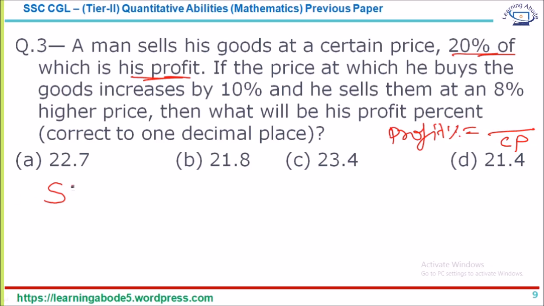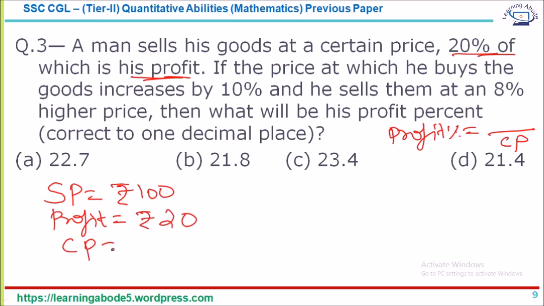So let us assume if the selling price is 100 rupees, right? Then the profit is 20% of that, which means it is 20 rupees. And then the cost price is 80 rupees, right? Now let's continue to read. If the price at which he buys the goods increases by 10%, so he earlier bought it for 80, now it is 88, and the price at which he sells the item